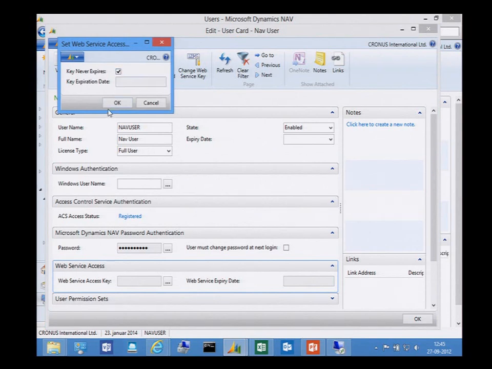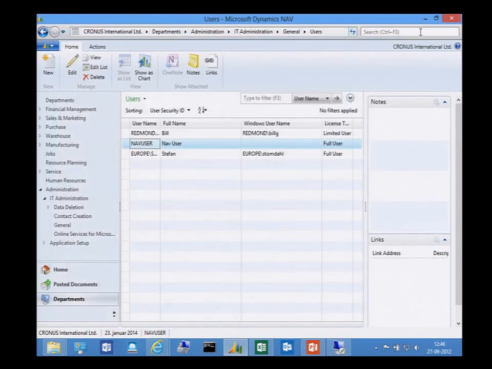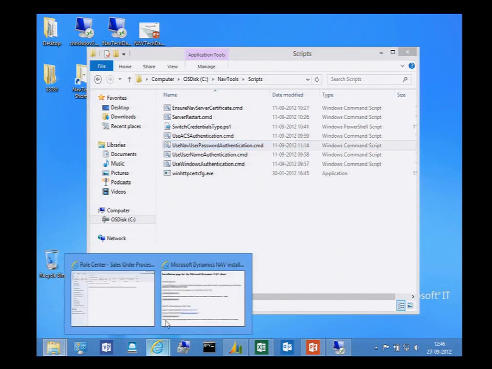Never expires. It's also fine. So I have this key now. I don't really know how to type that big value, so I need to copy it. There we go. Copy just to make sure that it's copied. And I can use that key to log in using web services.